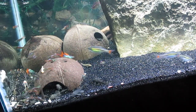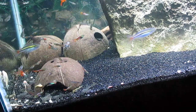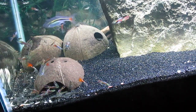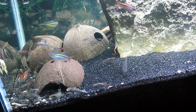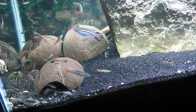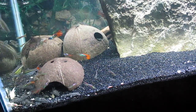So I've heard that they are very difficult to breed. I've seen one YouTuber who actually has some success with it, but what he goes through in setting up aquaria specifically for Otocinclus, it looks like a very difficult species to breed. But at any rate, it is nice to acquire, I'm not sure, 3 or 4, maybe 5, 6, I'm not sure, Otocinclus. It's difficult to count the fish